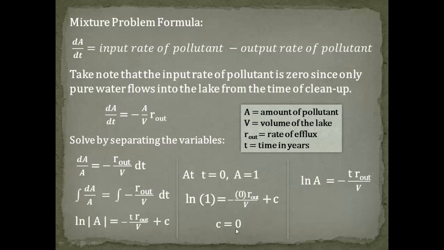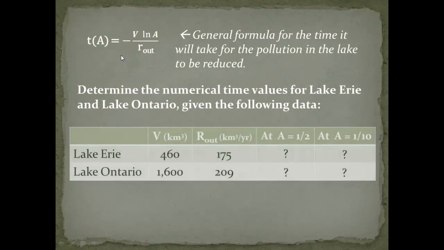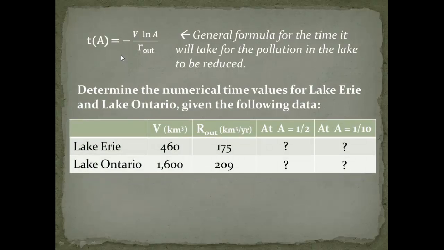Now substituting C equal to 0 into this equation, we have ln of A is equal to negative t R out over V. And we have here t of A is equal to negative V ln of A over R out. And that is now our general formula for the time it will take for the pollution in the lake to be reduced. Now the question is, we need to determine the numerical time values for Lake Erie and Lake Ontario